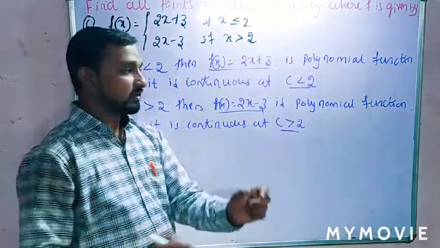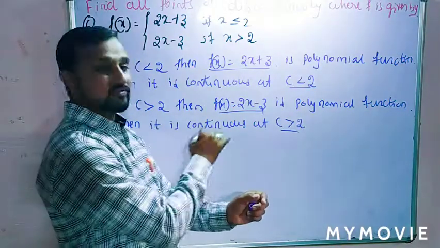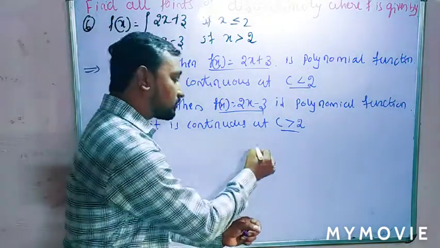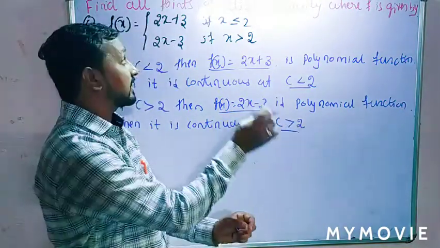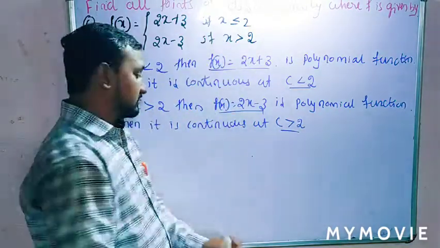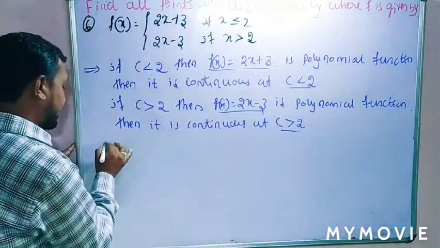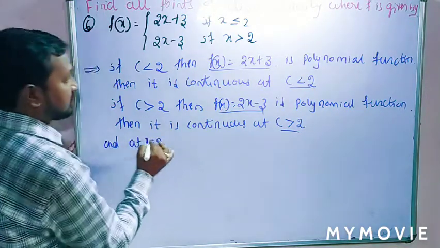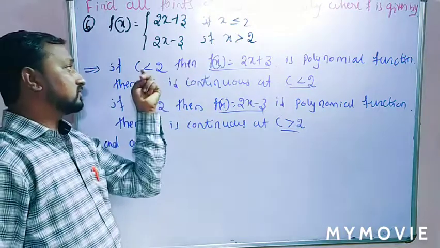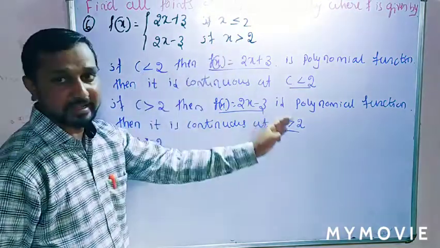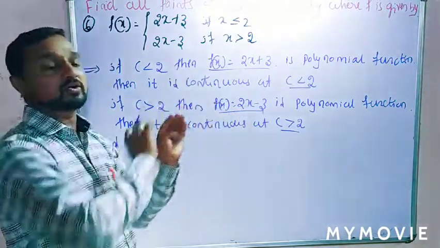Is that clear? So without lifting the pen from the paper, from the plane, this is the definition. Here we can lift at only one point. So we can find discontinuity at only one point. This is very important. At x equal to 2, c less than 2 is over, it is continuous; c greater than 2 is also continuous; and we check at x equal to the particular point.